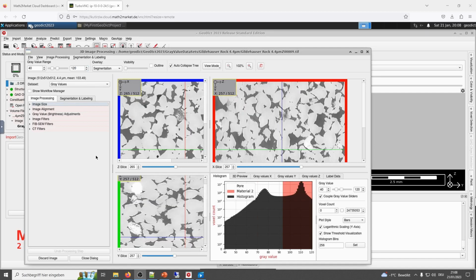What we are going to do now is to create an artificial intelligence segmentation. In GeoDict, a variety of AI algorithms are available. Before starting, we should define our goal and success criteria. As I already mentioned, what can often be found in the microCT images of rock samples are inclusions.